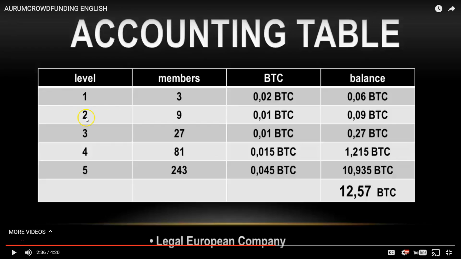So here's the way this works. Level 1 costs 0.1 Bitcoin to join. Let's just assume, for the sake of this video, that Bitcoin is $1,000 per coin, and it actually dropped below that as I'm recording this video today. We had a huge Bitcoin drop today, so it's a bargain. If you're watching this the day I recorded, it's a bargain to get involved right now, because the bottom fell out of Bitcoin today. So let's just assume that we have $1,000 Bitcoin.